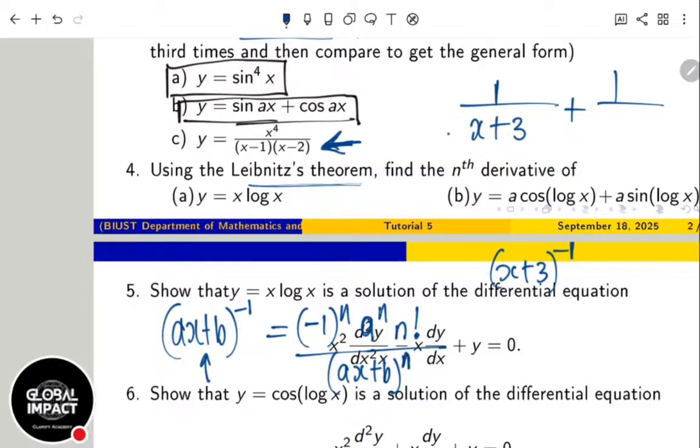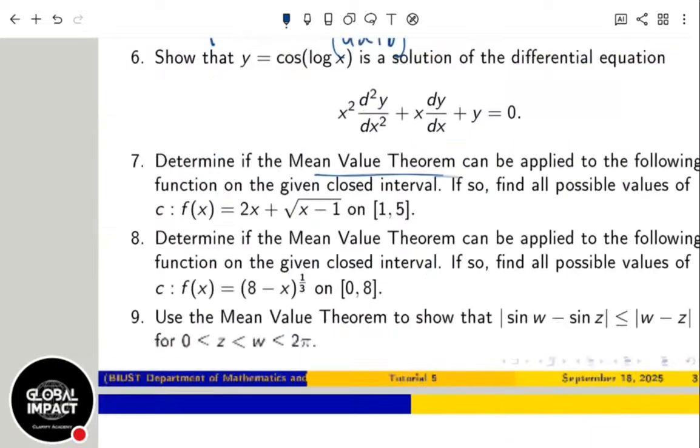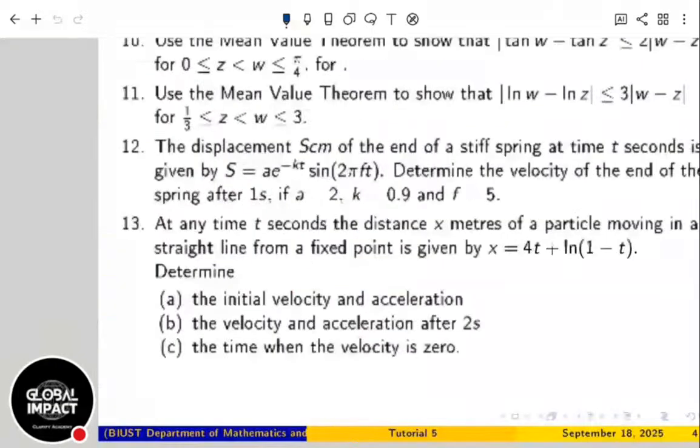So it is a to the n, negative 1 to the n, then n factorial over ax plus b to the n. This is what you had. So you do it the same for this one. Okay? You do the same for this one. Your nth derivative will still come out the same. The a is 1, that's the only thing that is going to change. You'd still have the rest being the same. Anyway, you can go ahead and let's do it.